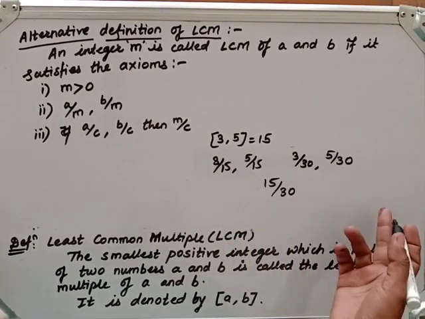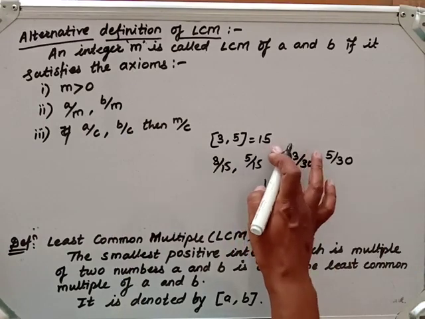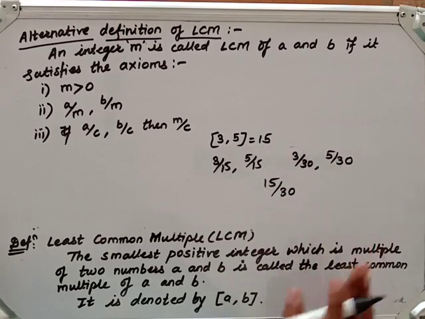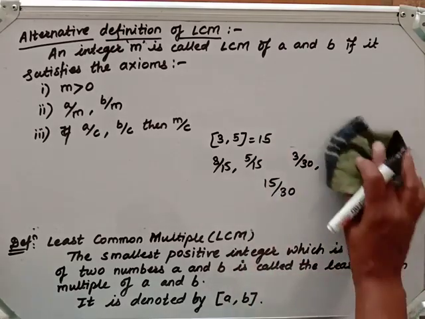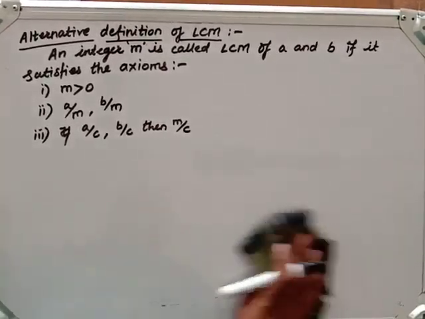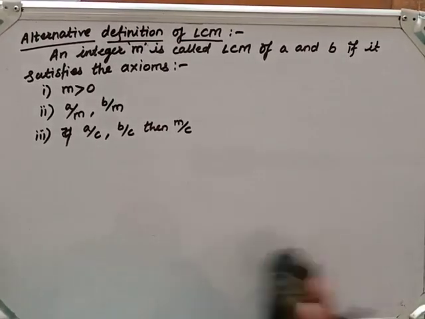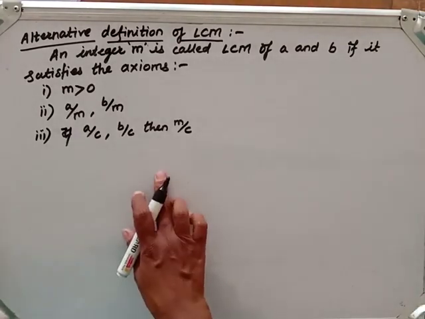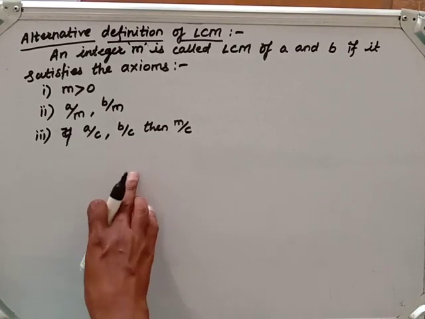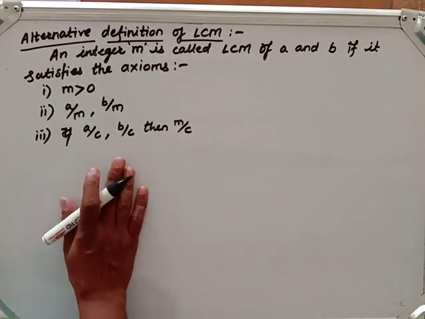So to each and every other multiple, this least common multiple should divide, which means it will be a common multiple for the other numbers also. Fine. This is the alternative definition. And most probably, if sometime we have to prove that a number is the LCM of two numbers, this thing will be used. In theorems these things are used.